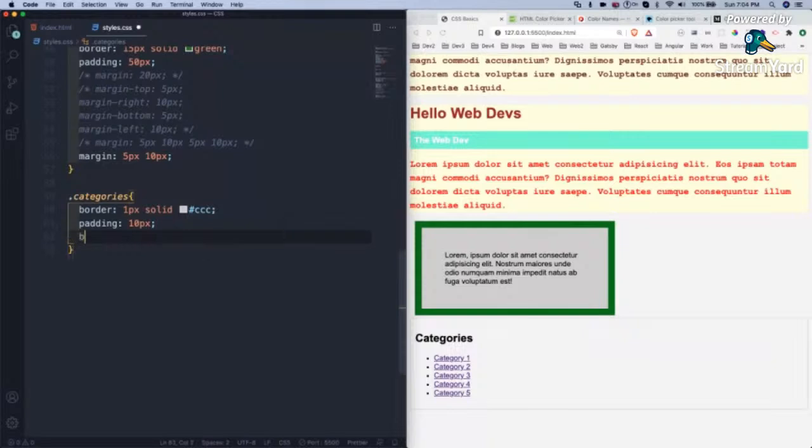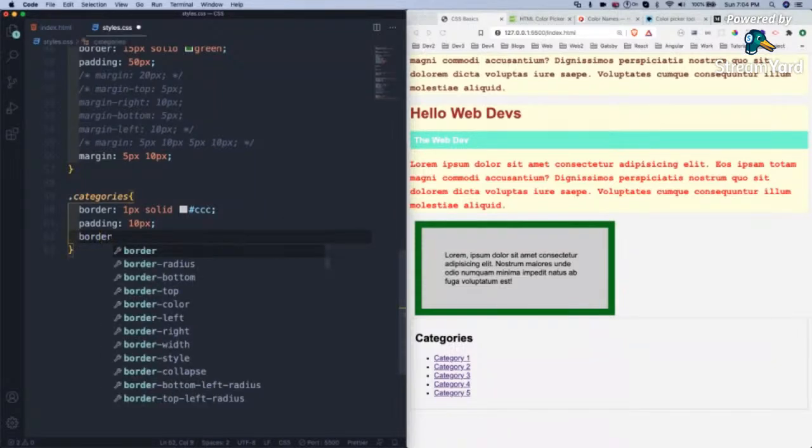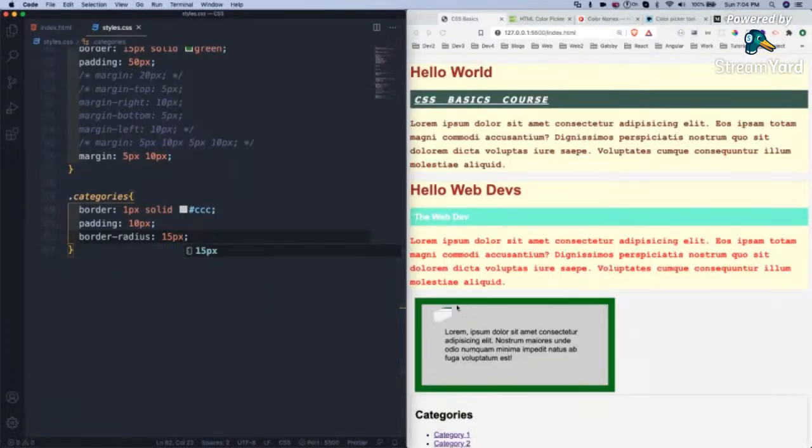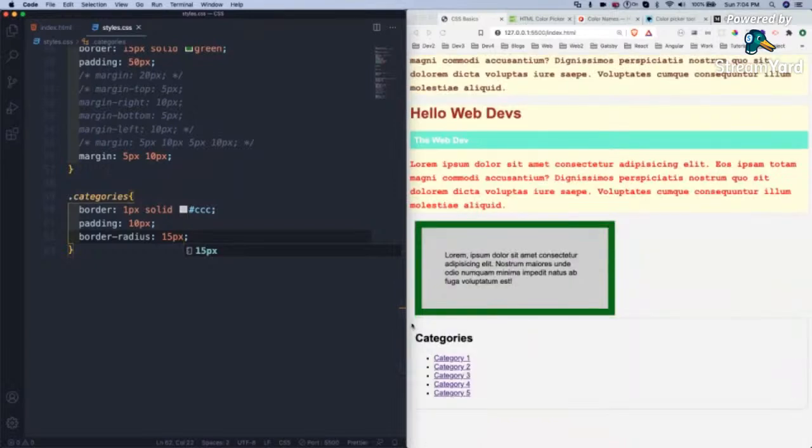and border radius 15 px. So this is another property. See border radius, what happens? See these edges, you can see these are now curved. So this is known as border radius. And then